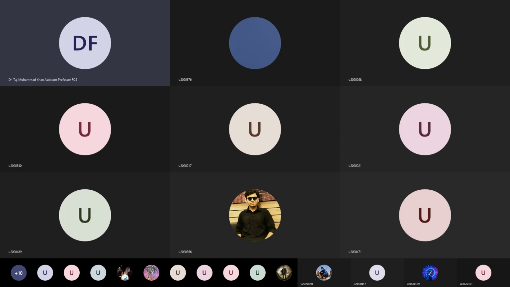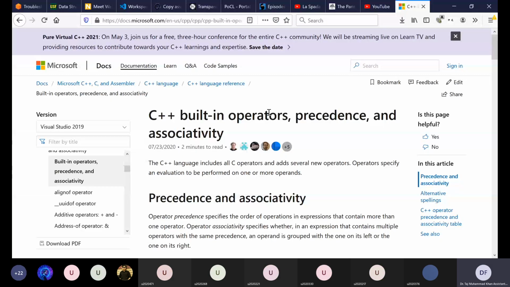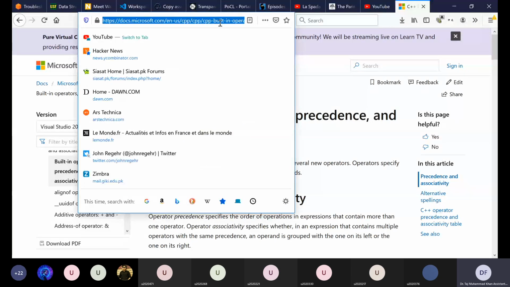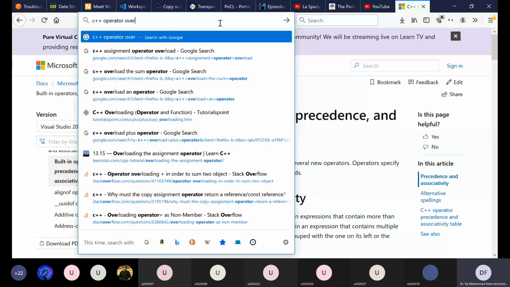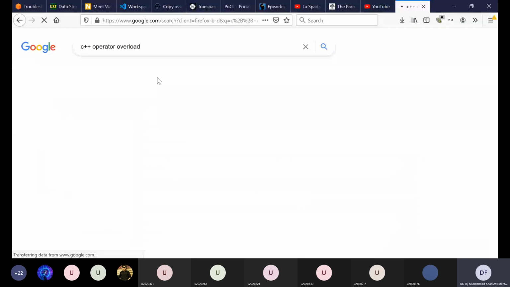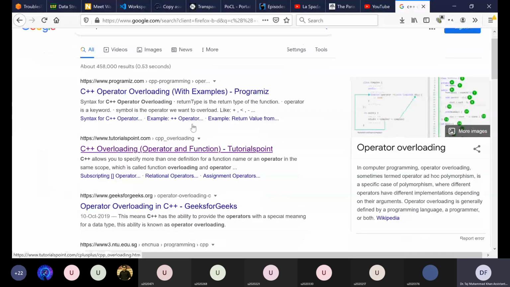I'll unshare this screen and share this screen. This is a link that I already posted for the Microsoft page about precedence and associativity. We can go directly to the C++ reference.